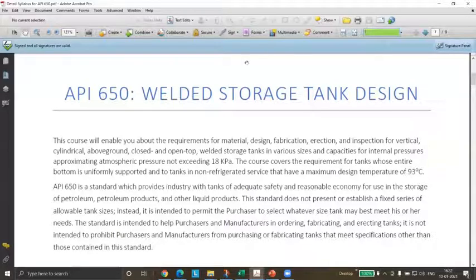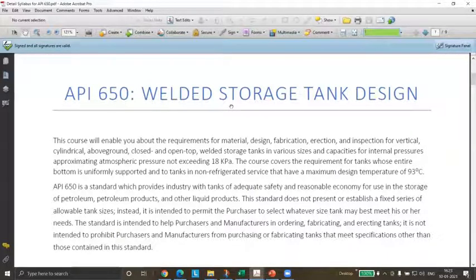Because these tanks are used for storage, these are not any process tanks. These are only for storage. It may be operational, because that fluid may be transferred to the main process system. But the purpose of these tanks is to store the liquid, the feed for the plant, or maybe the output.